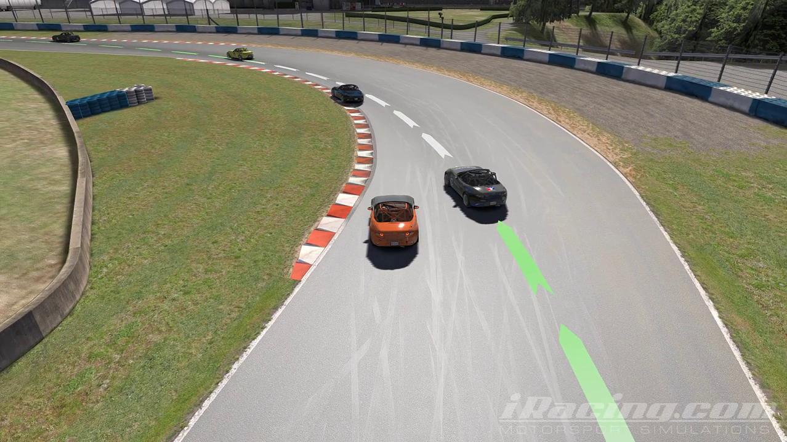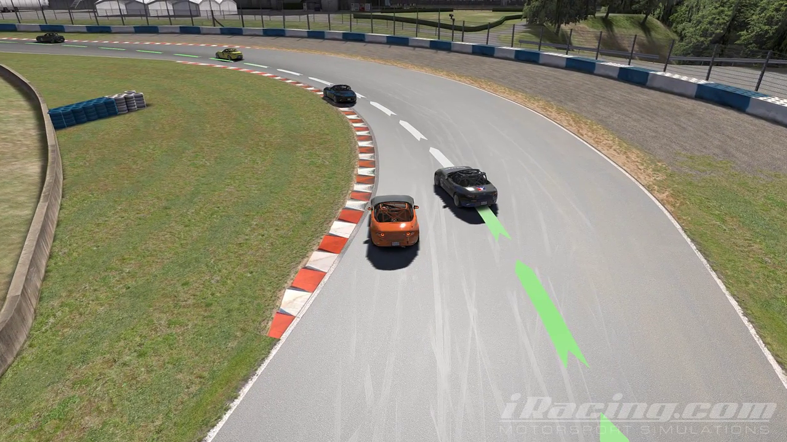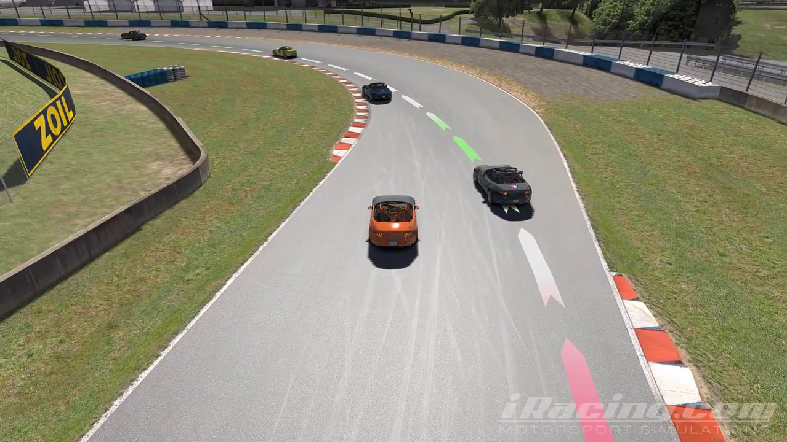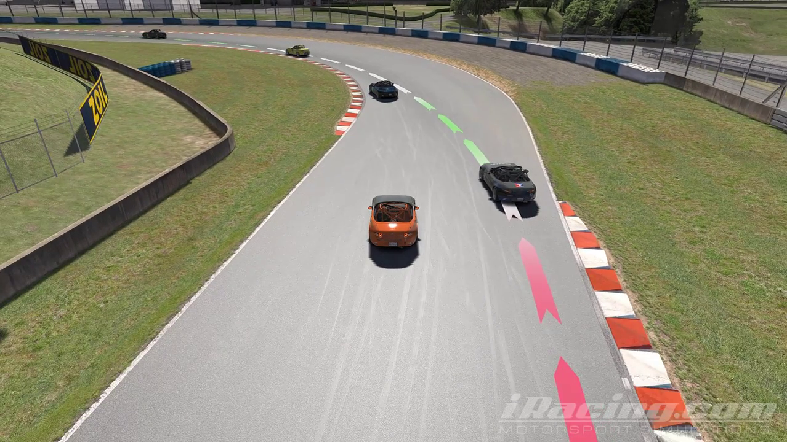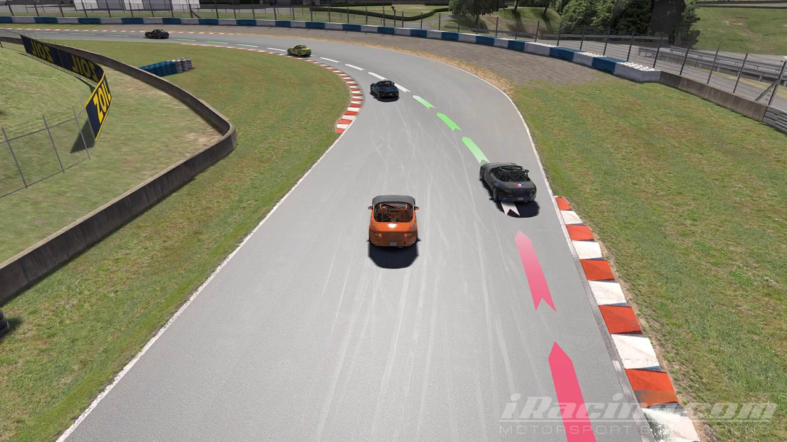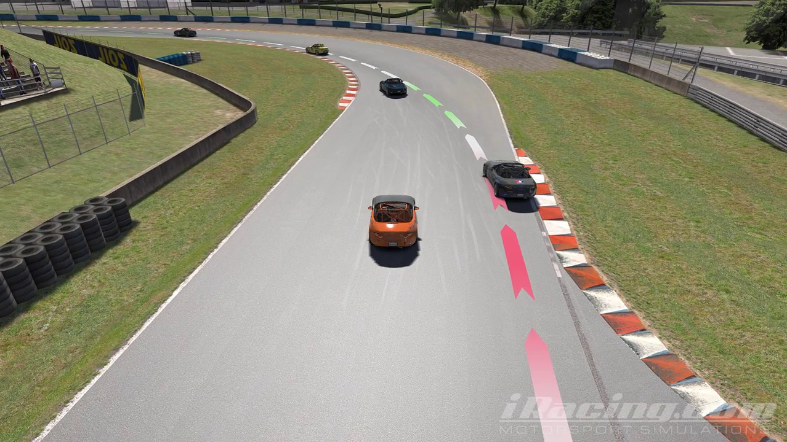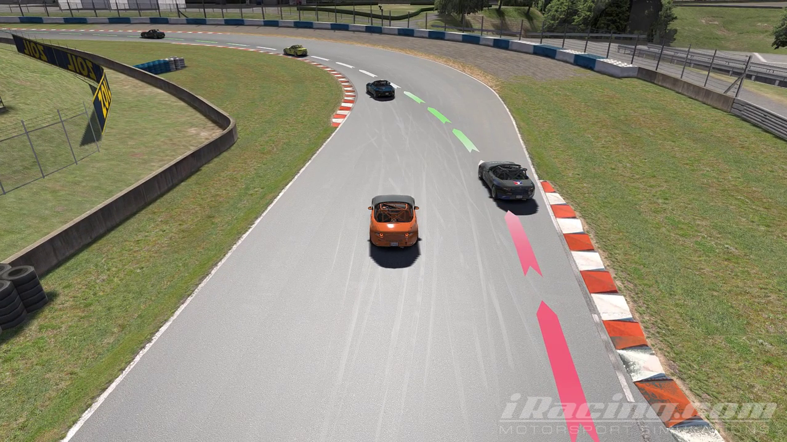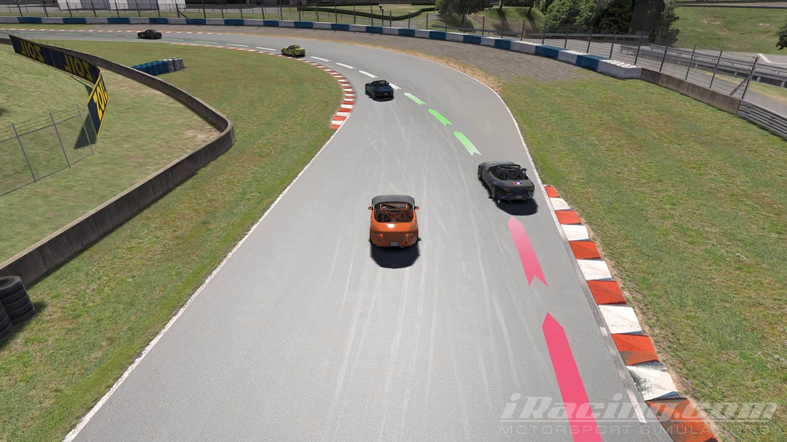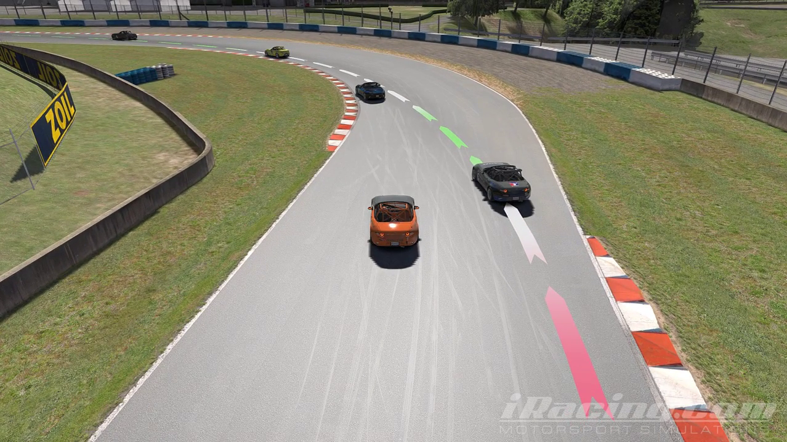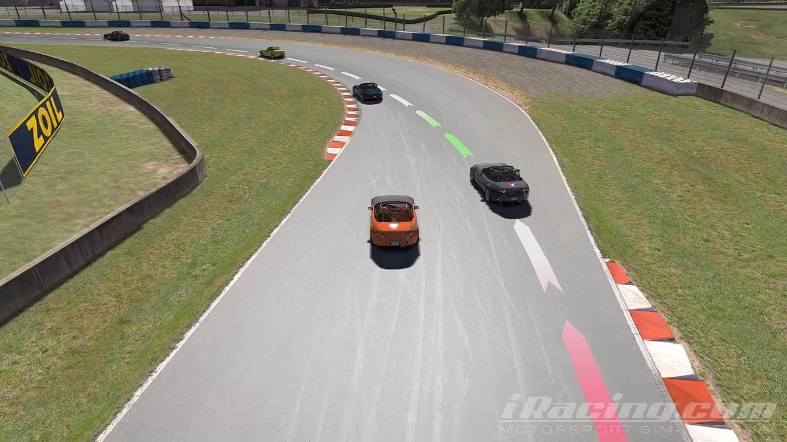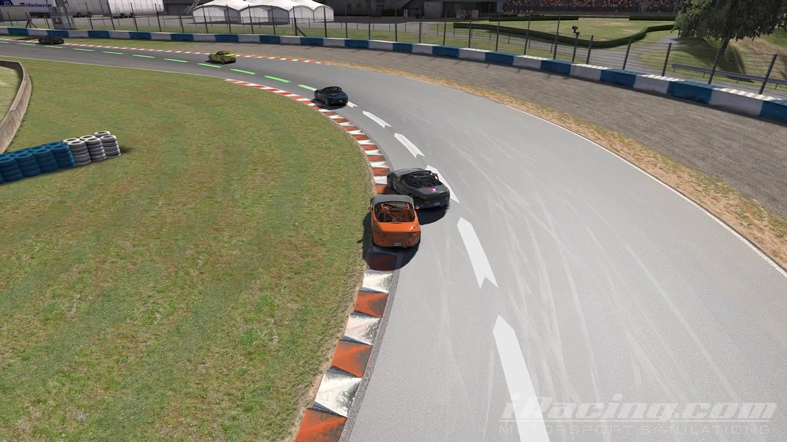So the key at this point in situations like this is how much time elapses between when the trailing car gets position, in other words, the nose of the trailing car reaches the rear axle of the lead car, and the time that the contact occurs. Okay, and that would be the determining factor